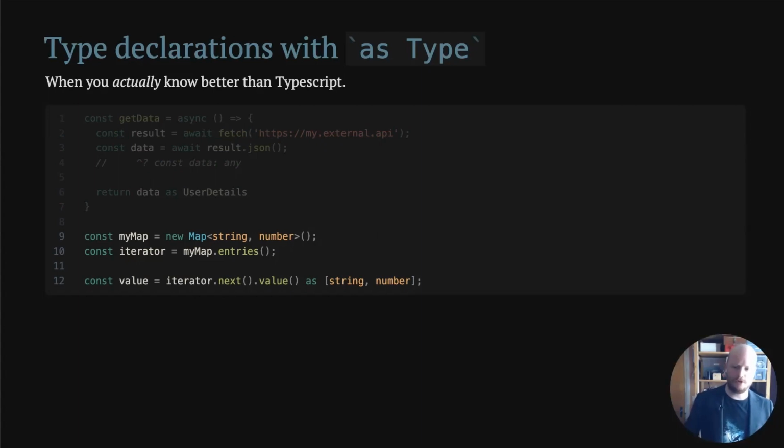And then you do .next, which gets the next value in line in the iterator, and then .value. That returns any. So here's an apparent bug in TypeScript. This value here, we know what it is. It's a tuple of string and number. So in this case, we have to tell TypeScript that, oh yeah, this is going to be a tuple of the key and the value.